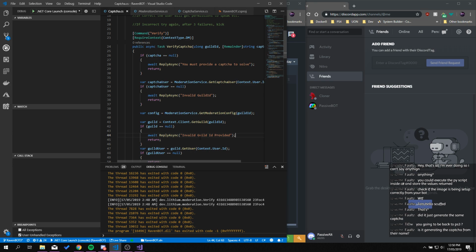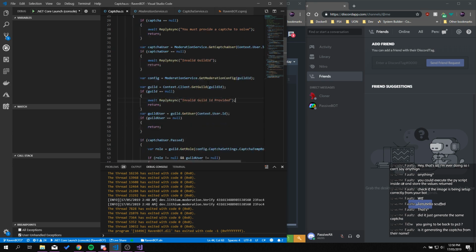It's not generating a captcha from their name. It's basically when they join the server, it generates a config which contains a random string. It stores that random string, and then they have to input that random string within a certain amount of attempts, or they'll be kicked or banned or whatever from the server. So if we